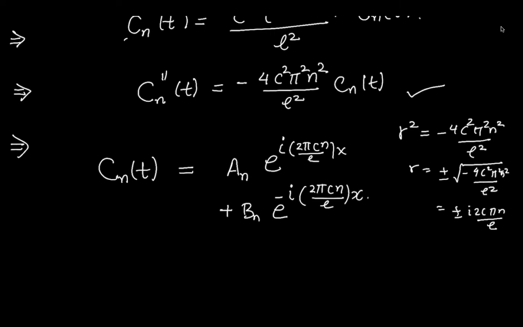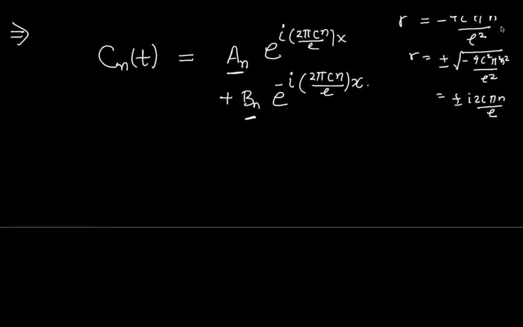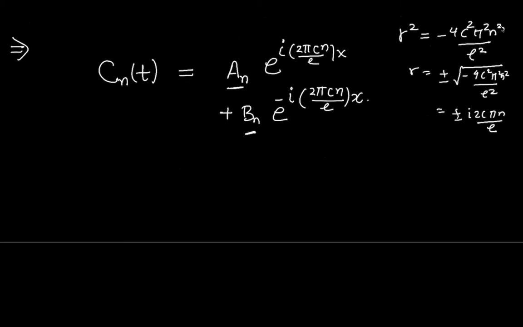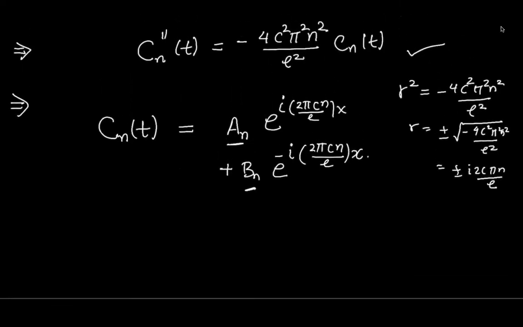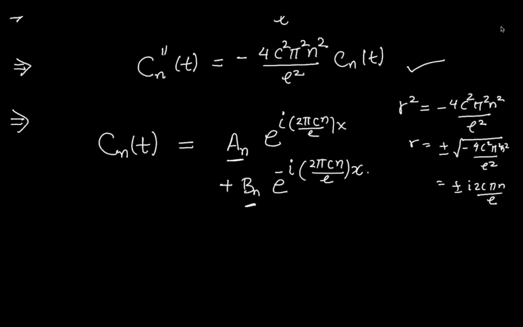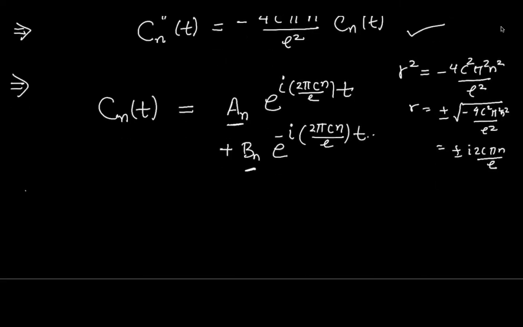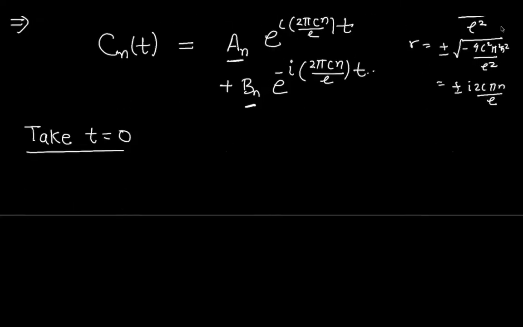Okay, so this is the c_n(t), but we need to calculate what A_n and B_n are. We still don't know what the A_n and B_n are. But we have the initial conditions, and we will use those. So this implies, okay, that should be t, because the differential equation is in t. Now take t equal to 0 first. If I put t equal to 0, you're going to get